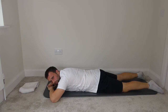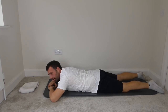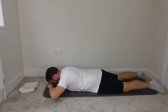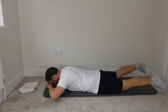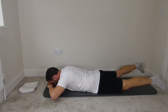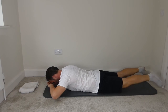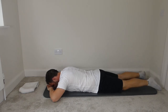Next we're going to lift the upper body up, hold it there, lift the legs up, and bring the legs in and out to the edge of the mat and back to the centre. Imprint again, squeeze the abs, bring the shoulders away from the ears, lift the arms, head and chest a couple of inches, lift the legs, the thighs come up, lift, bring the legs to the side, back in. 1, 2, 3, 4, 5, 6, 7, 8, focus on the shoulders, 9, squeezing the abs, 10, rest the arms